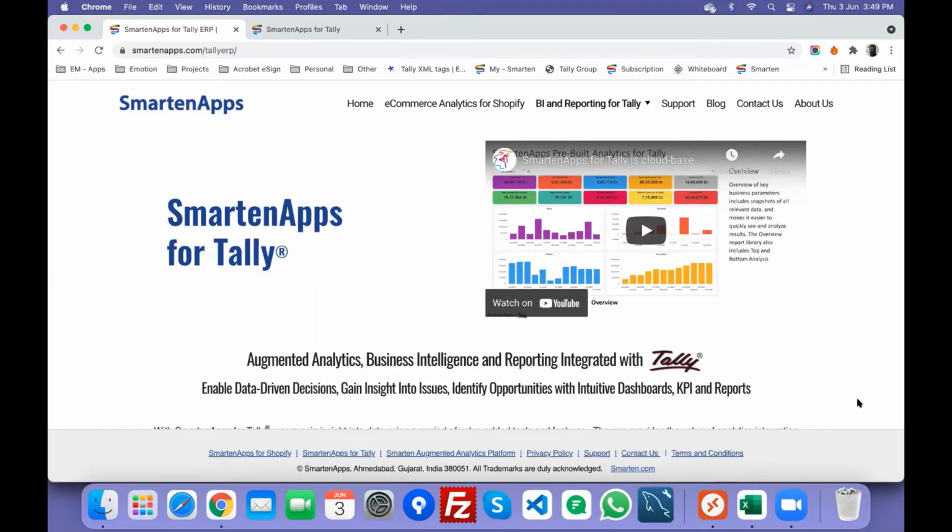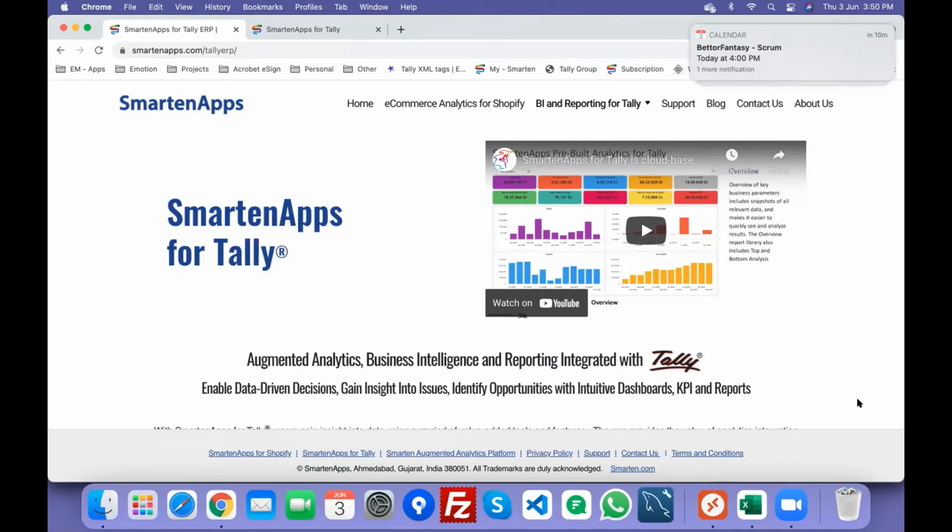Yeah, we are not Tally. We are a company on our own. We have been in this business for the last 20 years, and we provide you services. There is support ticket automation. We have direct support from our support team as well. We have in fact a full scale support portal as well, so you can look at a lot of training articles, Q&A articles, and other material if you browse through our website at smartenapps.com.